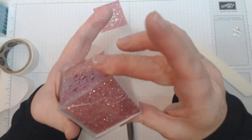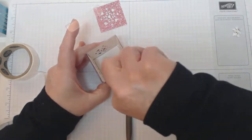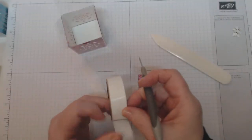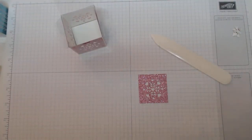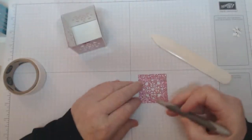Ooh, I didn't do a two. Okay, it's not very straight, but that's okay. You get the gist of it. Just move it a bit. Oh, there we go. Is that all right? Yeah, that's fine. And then the last one we're going to put on the lid. Like I said, I did